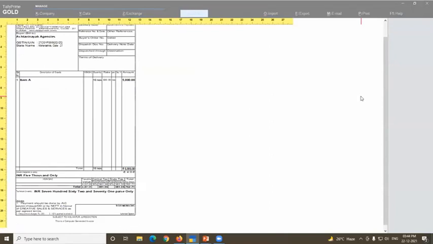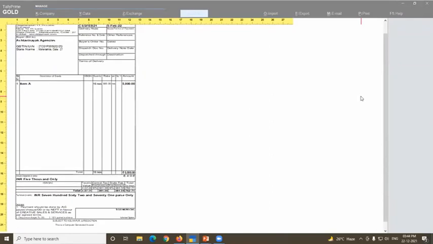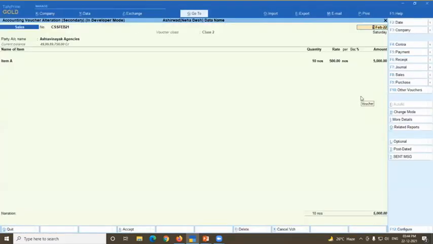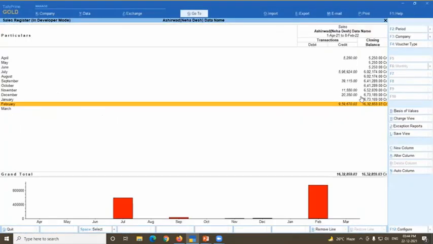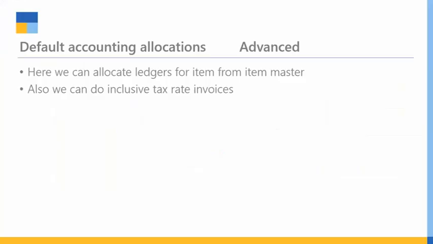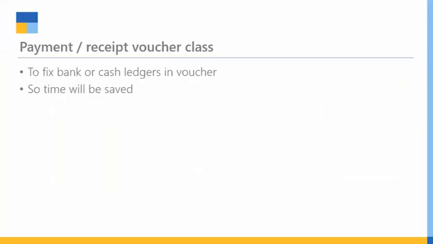So it is not required to show GST separately on the invoice for B2C. But as per the rule of GST, you have to mention the tax separately. Okay, for the time being, that is a trick. Even in the GST report, it is automatically considered. Don't worry about that. Okay. I hope all are getting the concepts.